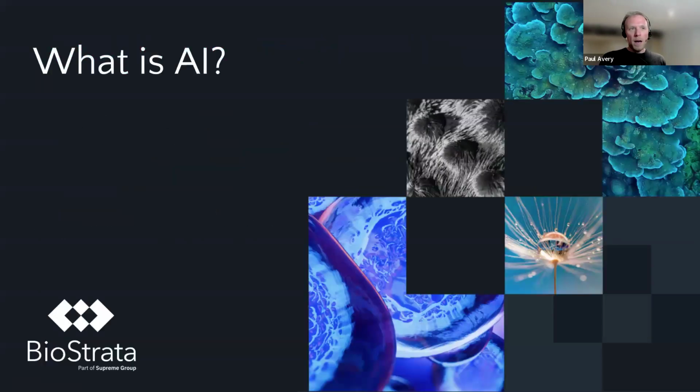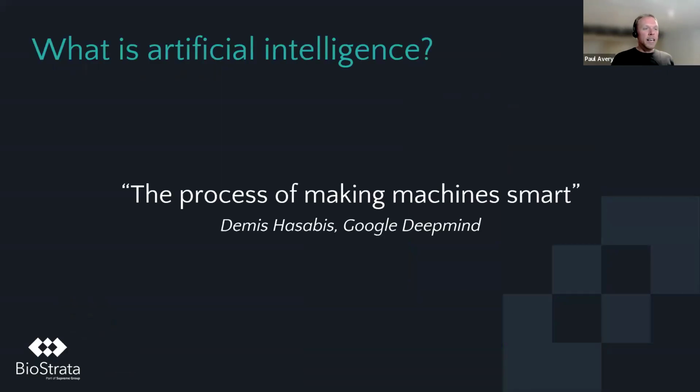So with that in mind, first of all, what is AI? There are so many definitions for this. There have been over the years. There are even more now. But one of the ones that I really like is Demis Hassabis of Google DeepMind. Google, obviously, a massive player in this area, who very simply says it's the process of making machines smart, allowing computers to understand natural language, to be able to see objects like we see, to be able to think. And I think that's a really helpful way of looking at it.